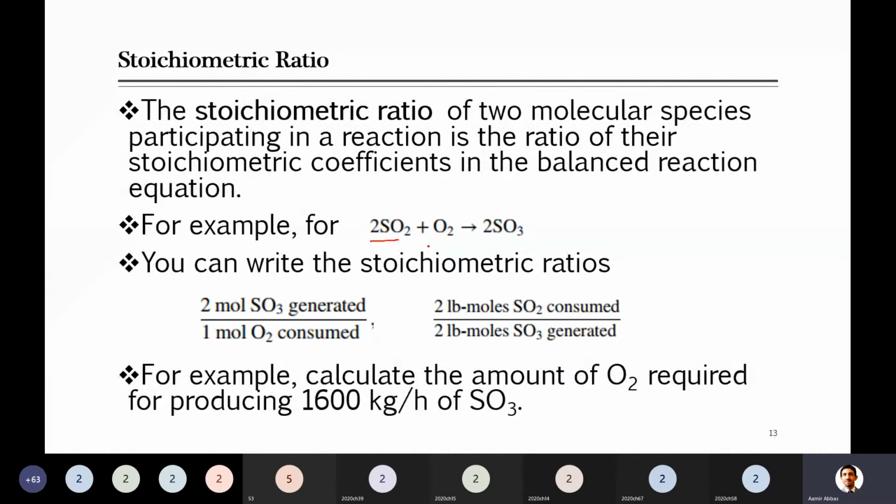Can you solve this problem by using this stoichiometric ratio concept? The problem says that for the equation given above, the SO2 plus oxygen reaction gives you SO3. So calculate the amount of oxygen which is